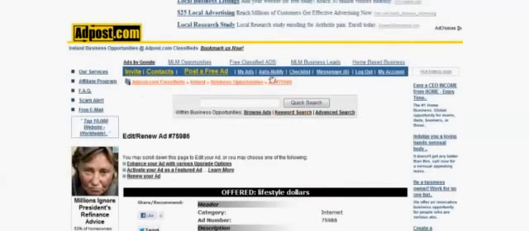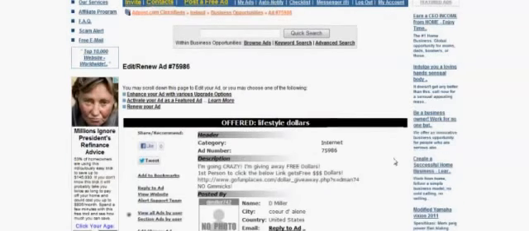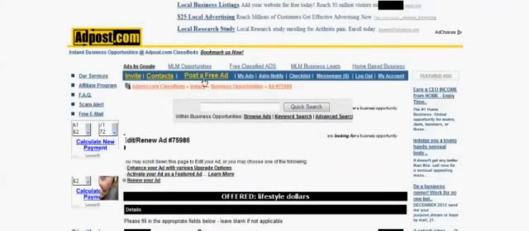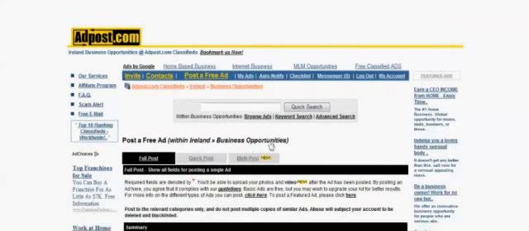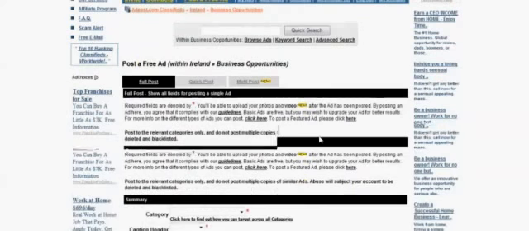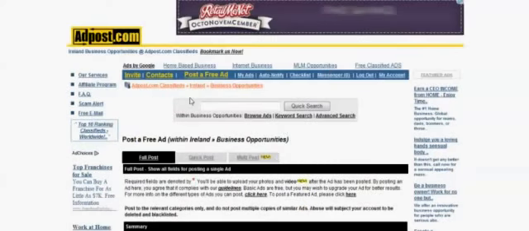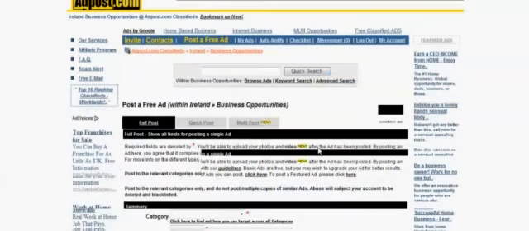It's been a while since I've done this. I can't remember how to delete that. I can find it in a second if I wasn't taking your time. So I'm just going to go back and choose a different country to post this in.